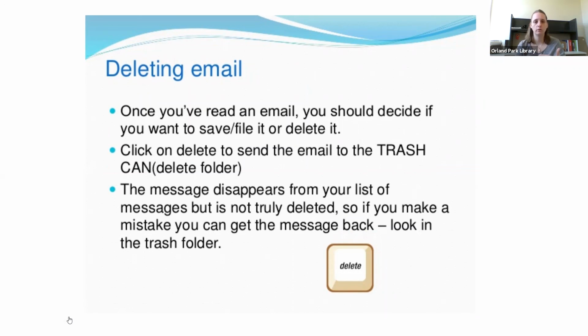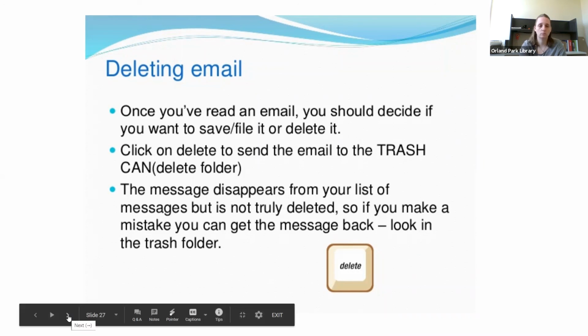If you want to retrieve it, you'll have to go back into your trash bin unless you've emptied out your whole trash bin. But you can bring it back by going into your trash bin, clicking on that email, and then it will be placed back into your inbox if that's where you want it. But again, if you're going to choose to delete it for good, you'll have to do it in 2 different steps. You'll hit delete, and then you'll go into your trash bin to complete getting rid of that